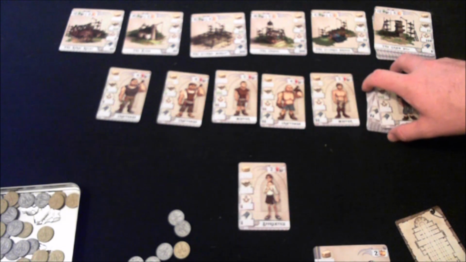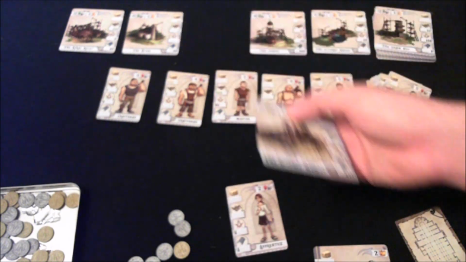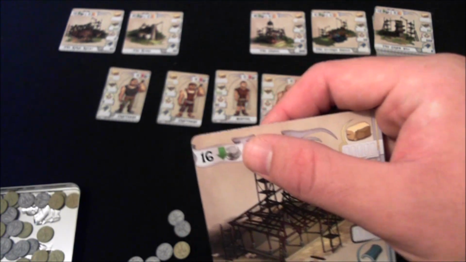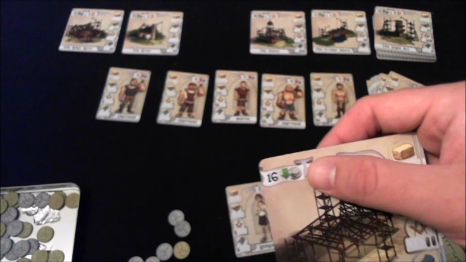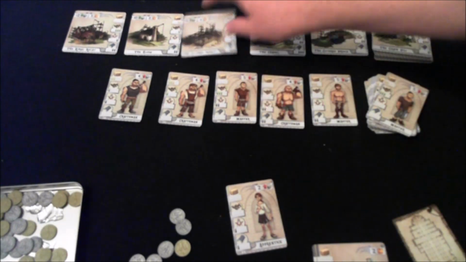Anyways, so those are just some of the actions you can do. You're trying to build buildings to get victory points. Most of the buildings, instead of being machines, will actually give you money instead, which is good because you're going to use that towards getting more buildings, building more buildings, putting more workers to work. Now, I will mention that